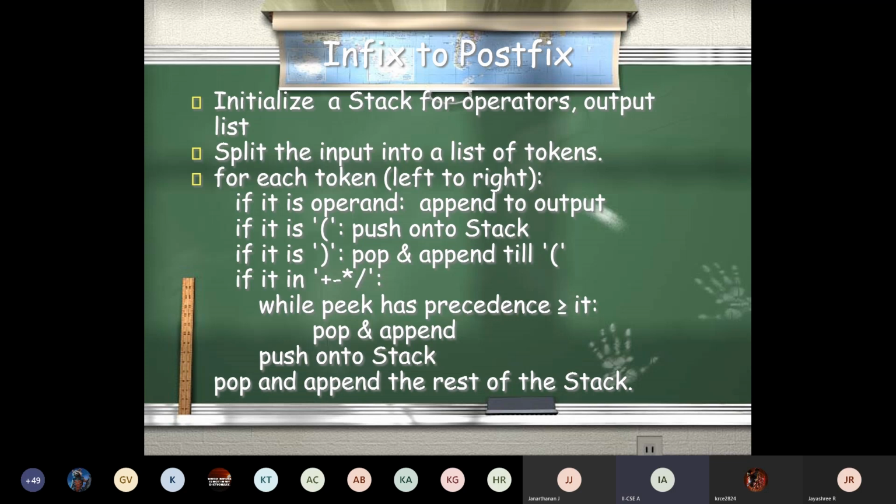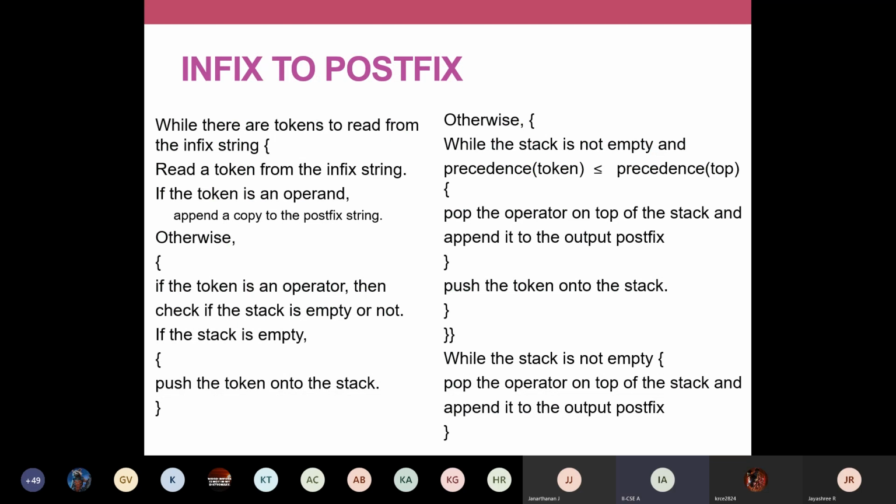It denotes expressions where we don't have parentheses, but you have many operators, plus, star, multiplication, everything mixed together. In that case, we decide which one to execute based on precedence: whether the input has higher precedence, or whether the stack operator has the highest precedence. Based on that, we decide which one to write in the postfix notation. So note down this algorithm, or take a screenshot so that you can write it in your notebook.